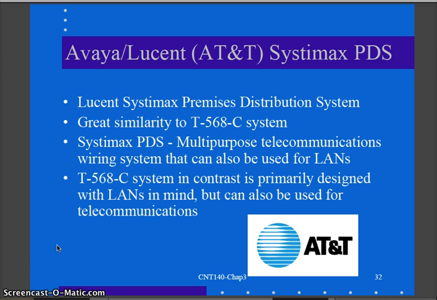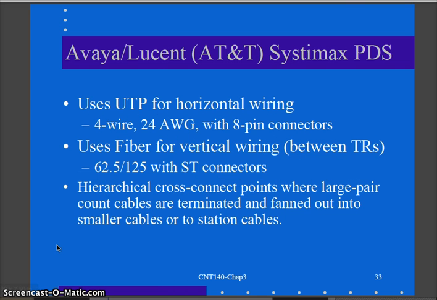Multi-purpose telecommunication wiring system that can also be used for LANs. Now, what you notice here is this was designed for phone, and oh, by the way, you can use it for data. Meanwhile, the 568 was primarily designed with LANs in mind, but can also be used for phone. So slight different focus. But the AT&T system designed mainly for phone, and oh, by the way, you can use